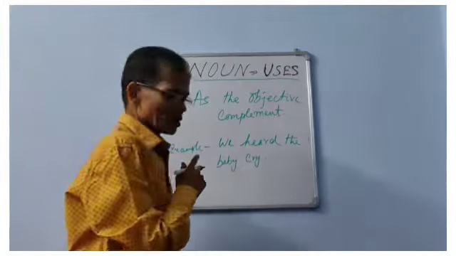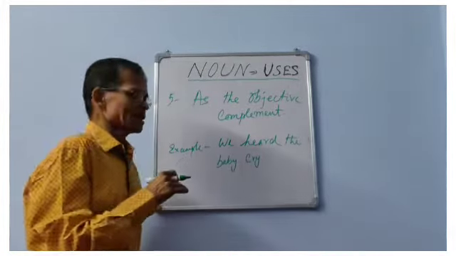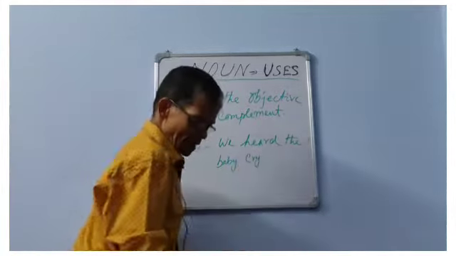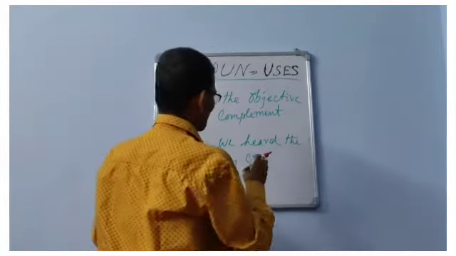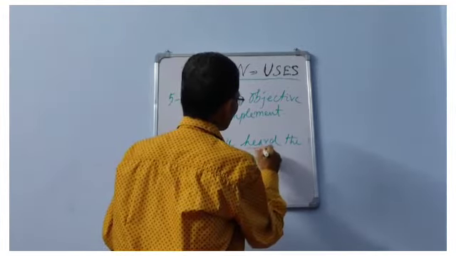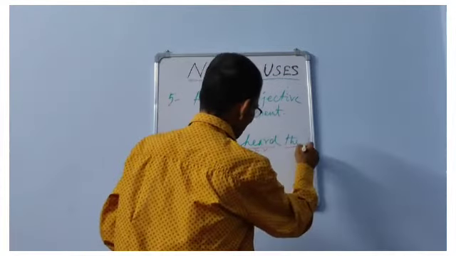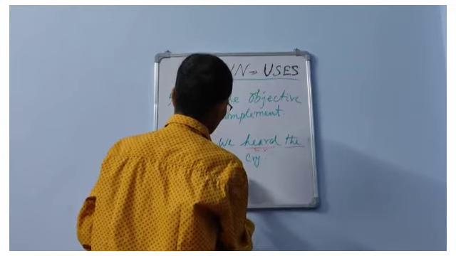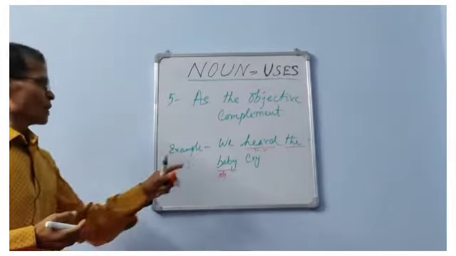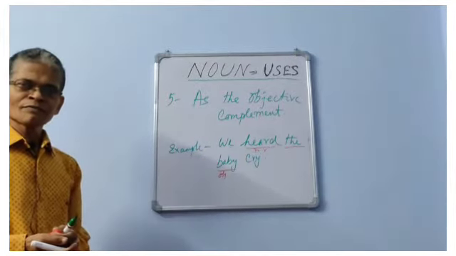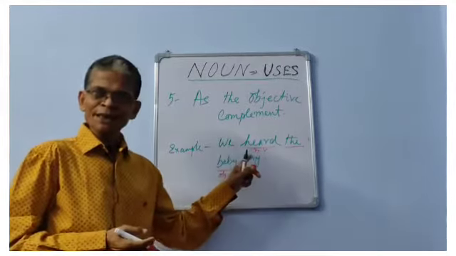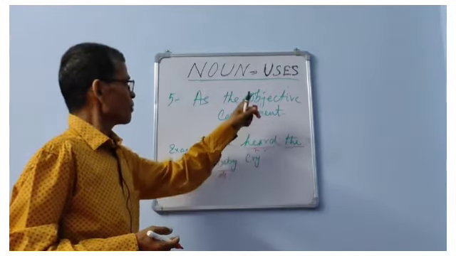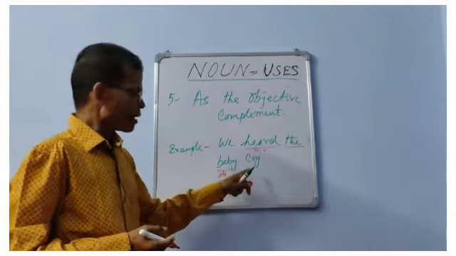Now, although this is a different example, still then something new is here and we have to know it. Now, here we have the verb, transitive verb, heard. Okay, and here the object is the baby. The baby is the object. Okay, now tell me whether the meaning is clear. We heard the baby. I think the meaning is incomplete, and in comparison to the previous example, the use of objective complement is better understood here.